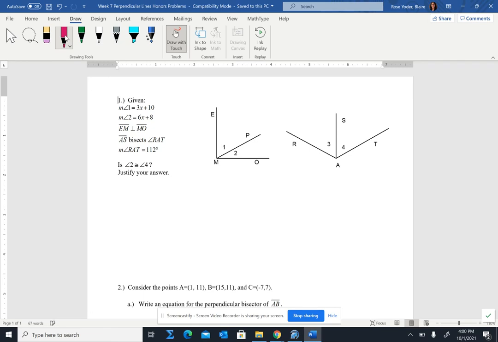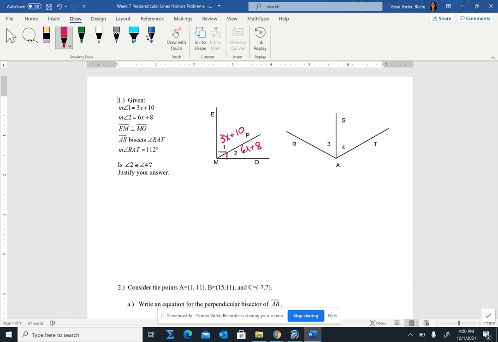Let's go over the week 7 honors practice problems. Number 1 is a really good problem that looks a lot like what we've done in class, but just with a little bit more to it. So we are given that EM is perpendicular to MO. So I'm going to label my right angle, and then angle 1 is 3x plus 10, and angle 2 is